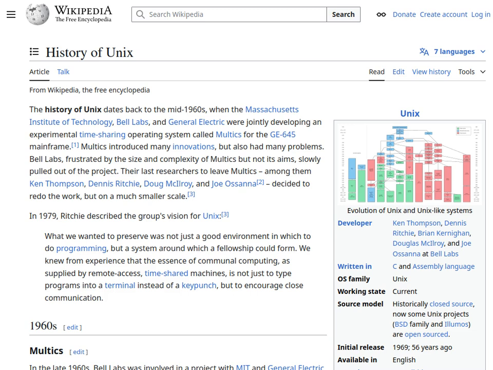It is. And then in the mid-1970s, we see the release of version 5, which was mostly for educational institutions, and version 6, which was for companies. Yeah, so 1975 saw the release of version 6.